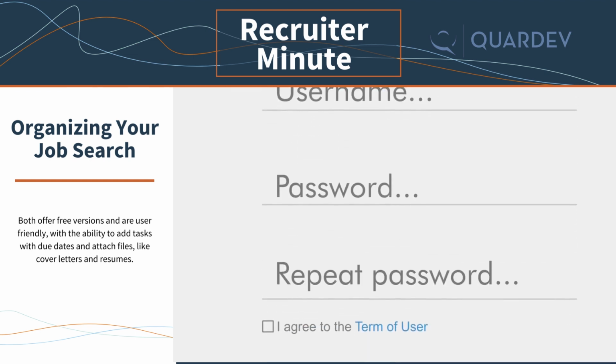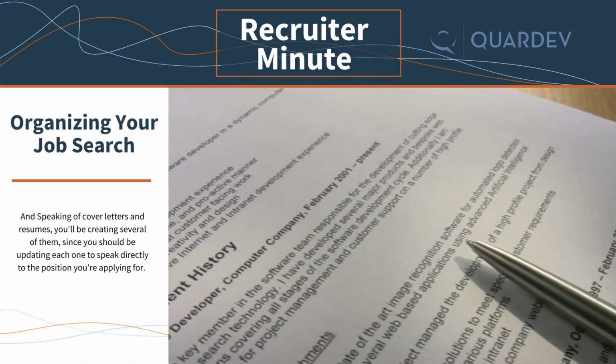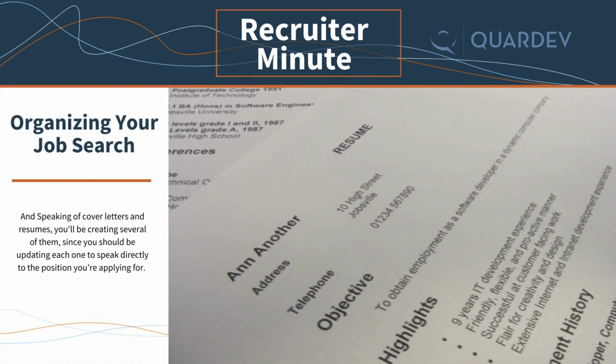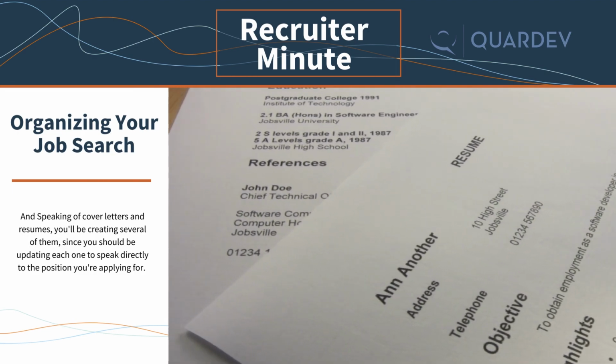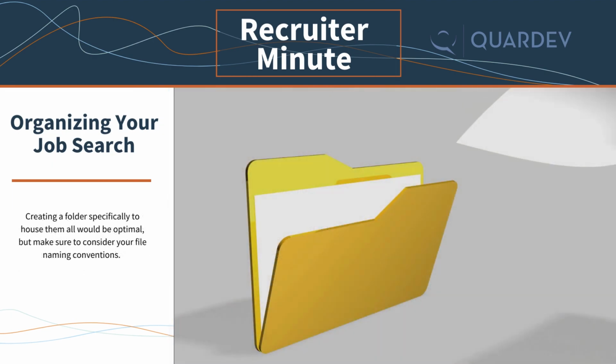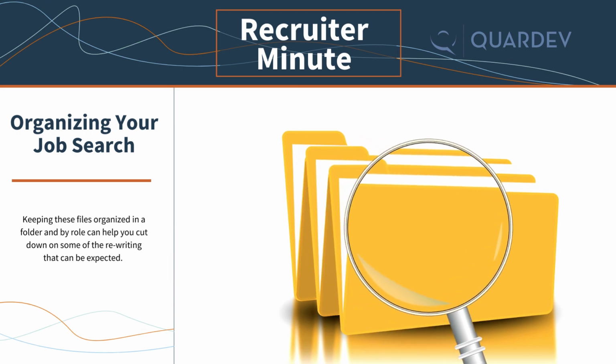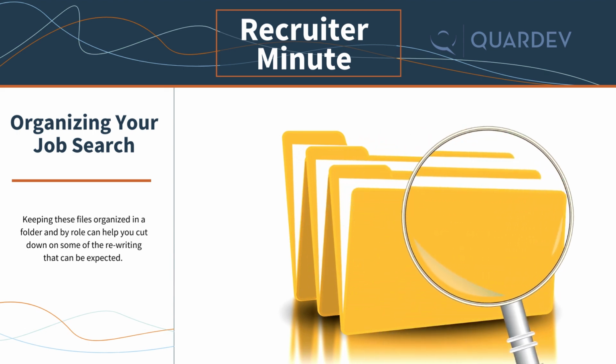cover letters and resumes. And speaking of cover letters and resumes, you'll be creating several of them since you should be updating each one to speak directly to the position you're applying for. Creating a folder specifically to house them all would be optimal, but make sure to consider your file naming conventions. Keeping these files organized in a folder and by role can help you cut down on some of the rewriting